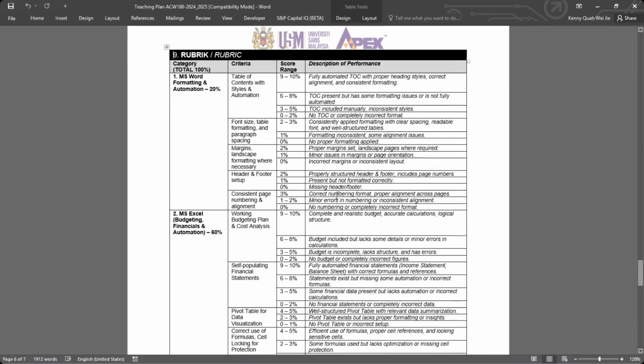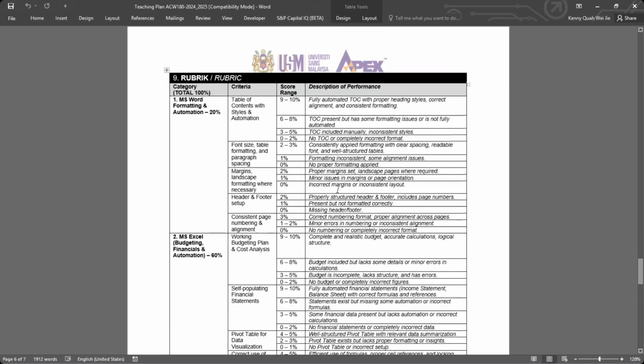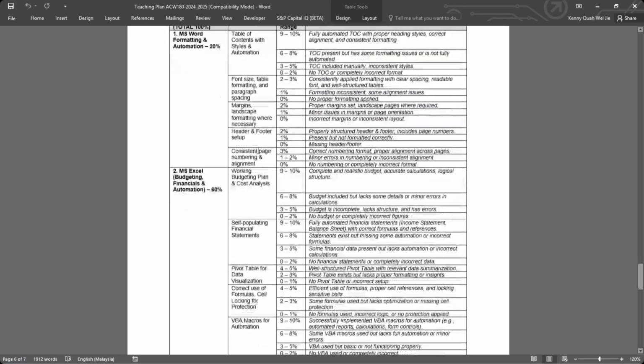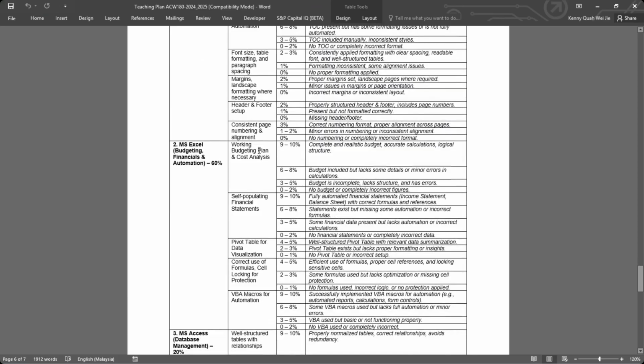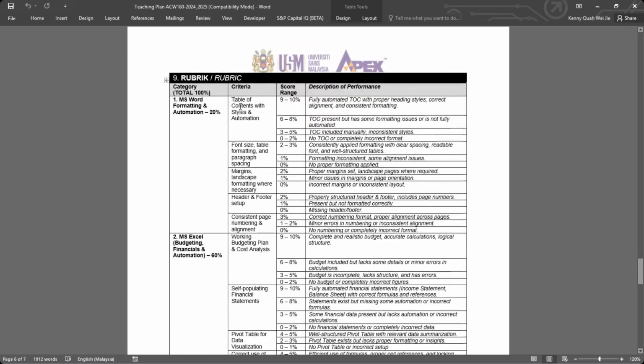So, if you have been following the online video, we have actually completed the Microsoft Word formatting and automation. By following the guidance from the video, you should be able to attain these 20% marks easily. Actually, I wanted to highlight one thing over here, if you see this marks over here